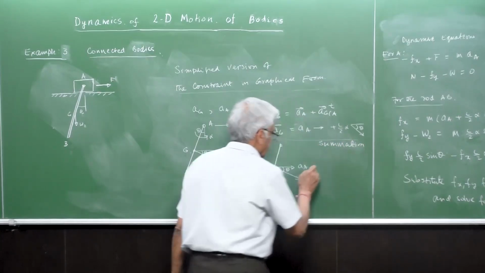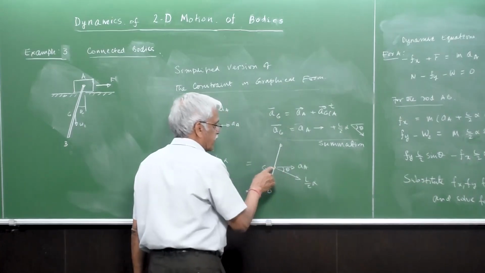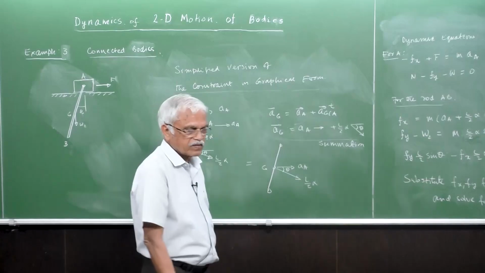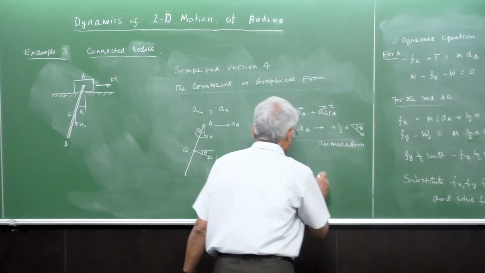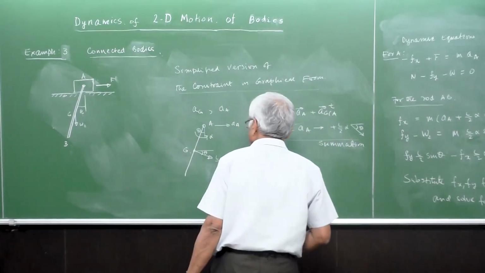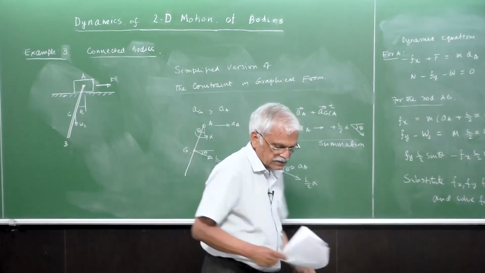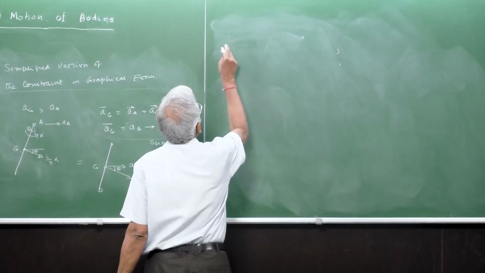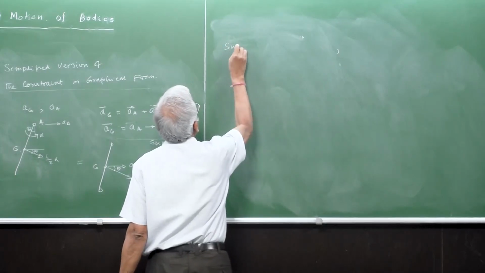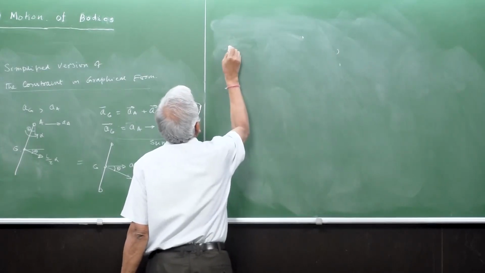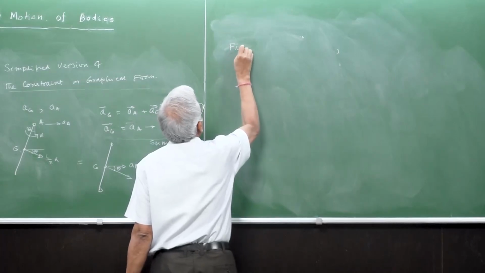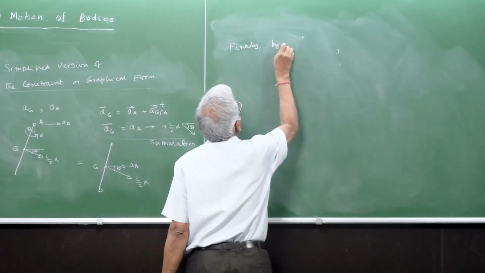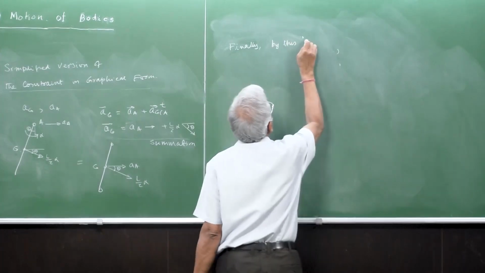So point G has the acceleration of A plus L by 2 times alpha. This is how you can write it. So, by this graphical approach,